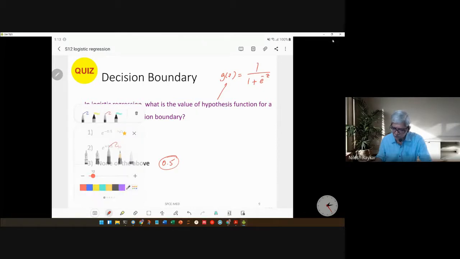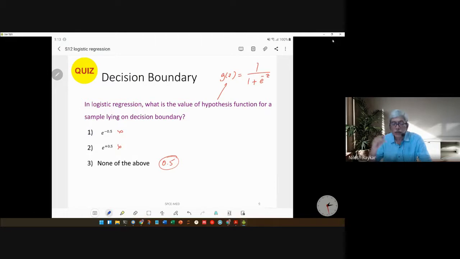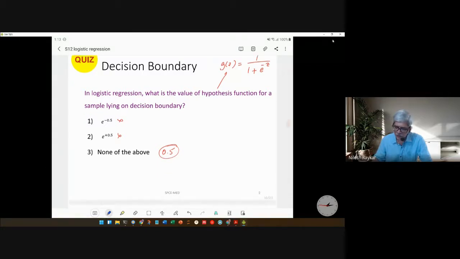Okay, so now we will discuss what we talked about, in terms of answer to Prasad's question. How do you determine these theta values? So for that purpose, we have to define the cost function, and we have to minimize the cost function or the error function so that we get the correct values of theta.